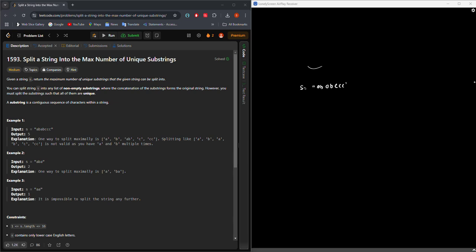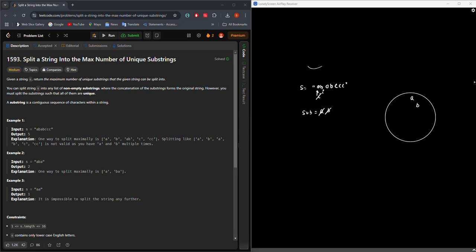The basic idea is that we will find the substring, and after that check whether the substring exists in our set. Currently we are standing at index I, which is A. Assume that the substring is A. If substring A does not exist, we can add it into our set. After that we go to index I at B. Because A does not exist in our set, we add it.